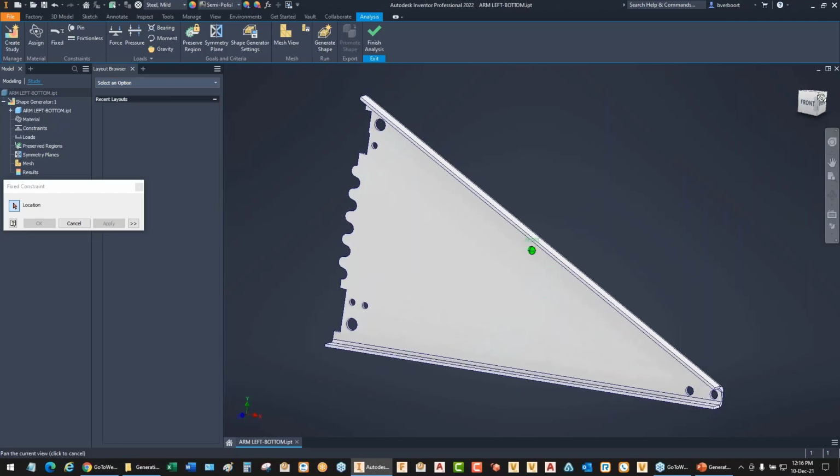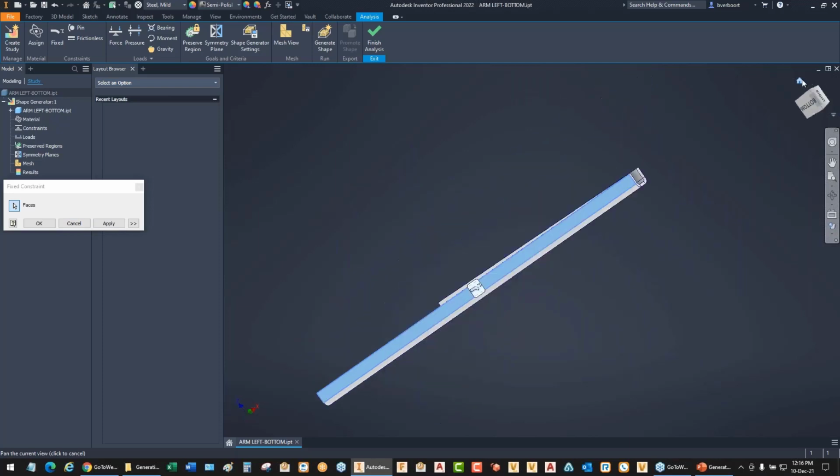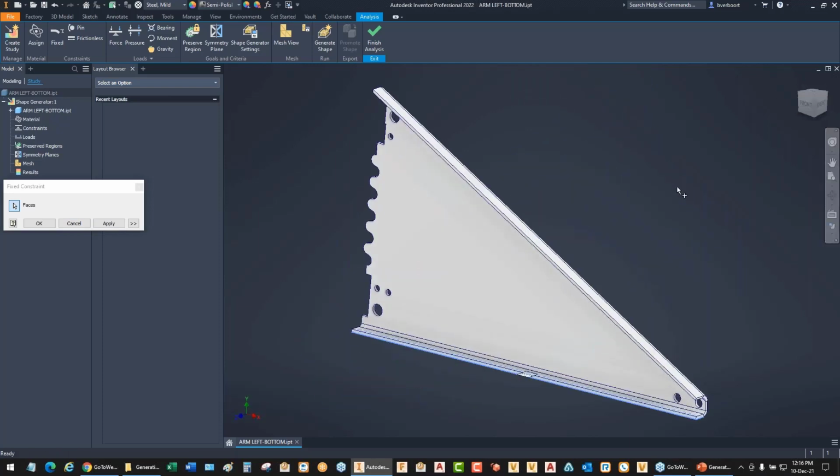So I'm going to simply do that by just spinning around on the underside of this model. I'm going to highlight the mounting face that will be secured, fixed in place for the resulting loads to be applied against. So selecting that face, you can see leaves a little glyph, a little icon here, so we can identify it. And I can just simply select OK